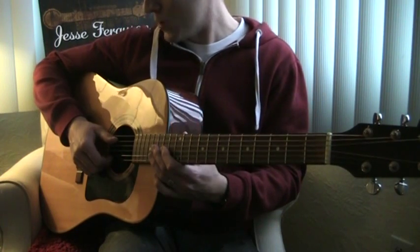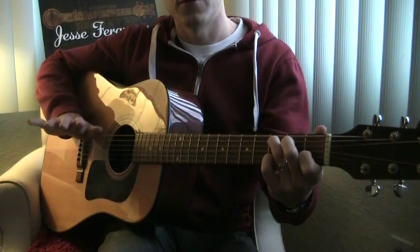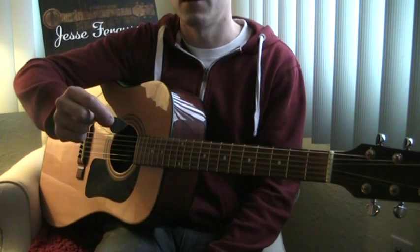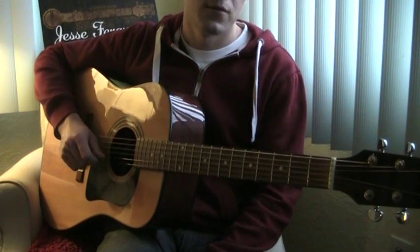So, what is fingerpicking? Well, of course, it means picking the notes with your fingers as opposed to using a pick. So when do you use a pick and when do you use fingerpicking? Well, it depends on your taste. You can take the same song, for instance, say